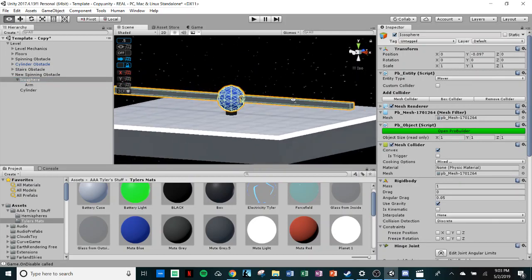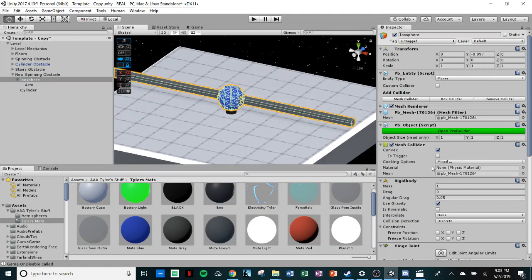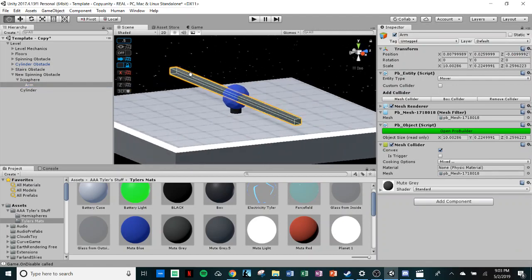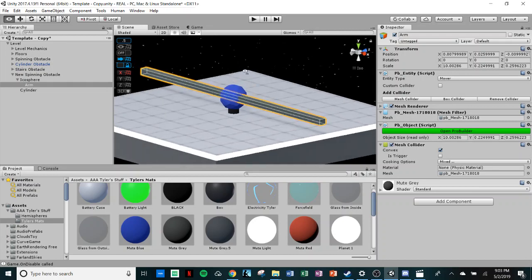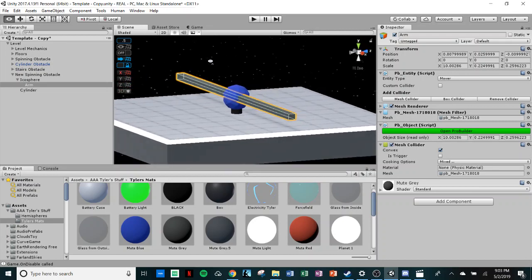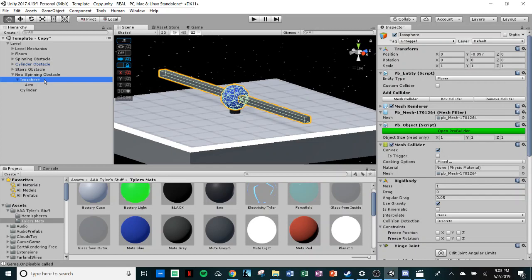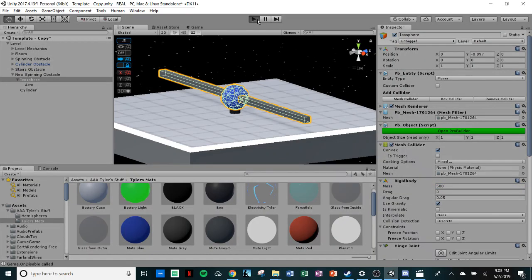Okay, sorry. It took me a moment to troubleshoot what I was doing wrong. The problem here is with the rigid body of the arm, because I actually do not want this to have a rigid body. Making it have a rigid body will force it to have its own physics, when I don't want it to have its own gravitational physics. I want it to just obey the same physics as the sphere that it's attached to. The sphere's rigid body, however, the mass is too low. So I'm just going to set that to 500. And now, hopefully,